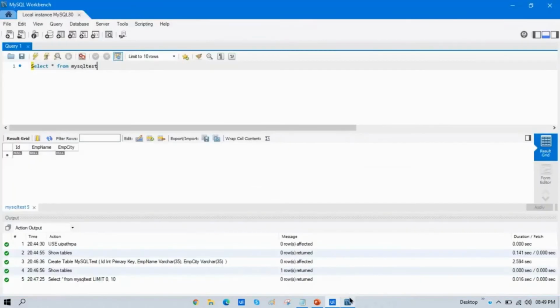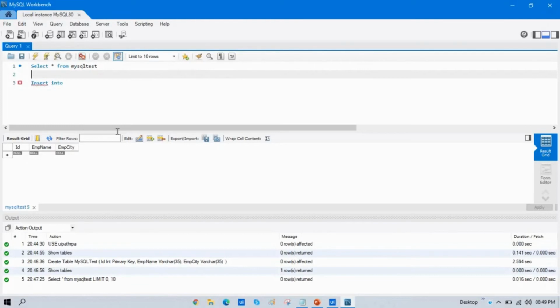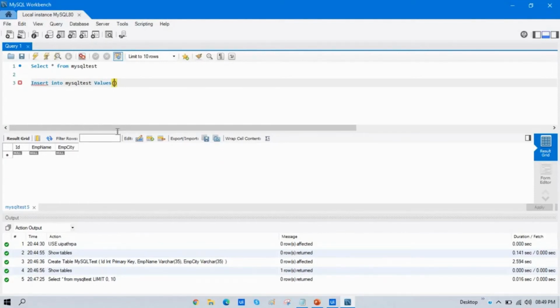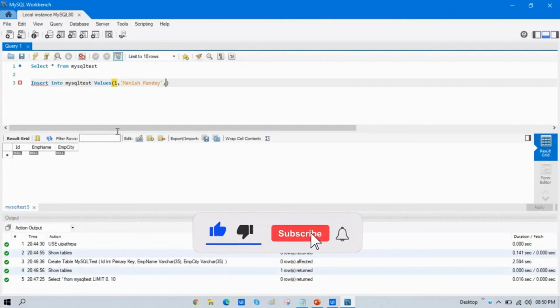So let me first write here insert into table name, this MySQL test, then values, open close bracket, then first is the ID, second value that is employee name. So in the single quotation I'm going to write here Manish Pandey, comma, again in the single quote I'm going to write here New Delhi.